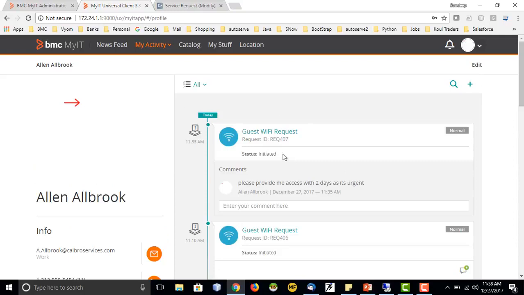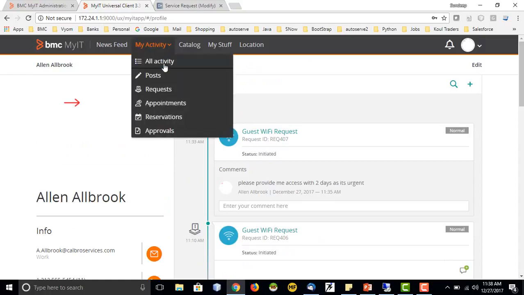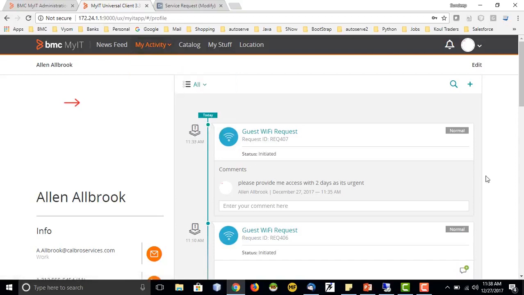In all activity, it will show me all the things which are happening from my side. Let's say I have been designated as an approver for something, so I need to approve something. I have raised a request. Reservations, approvals, appointments, requests, posts, all these will be visible here.